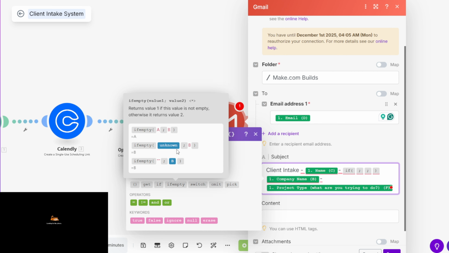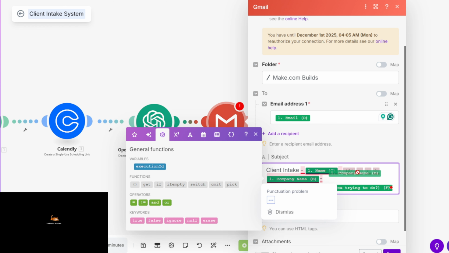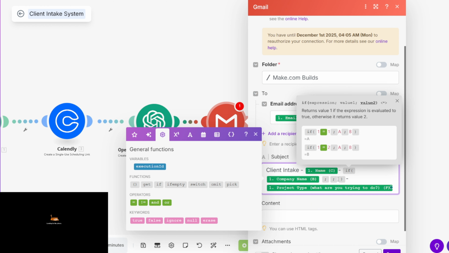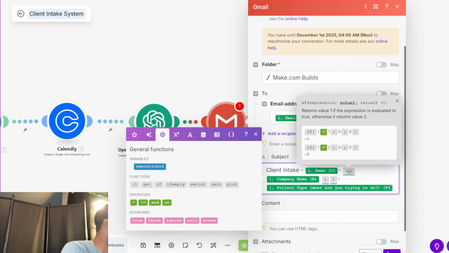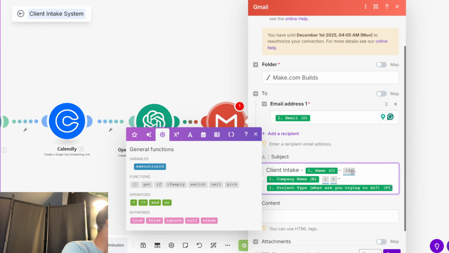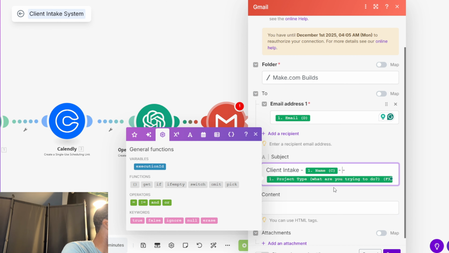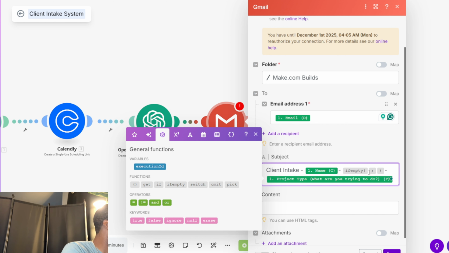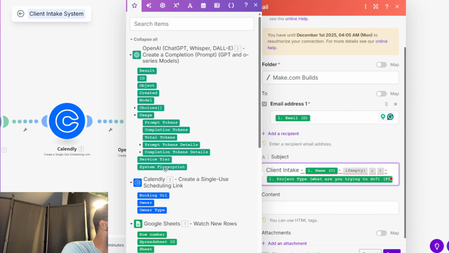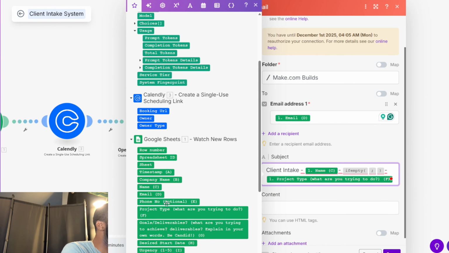So if company name is empty, we will return the next value, which should be... wait, why is this just showing if? Okay, wait, let's do something. Give me a second, let me clean all this first. So yeah, we're going to use if empty. So if this value, where is it? If this value, the company,